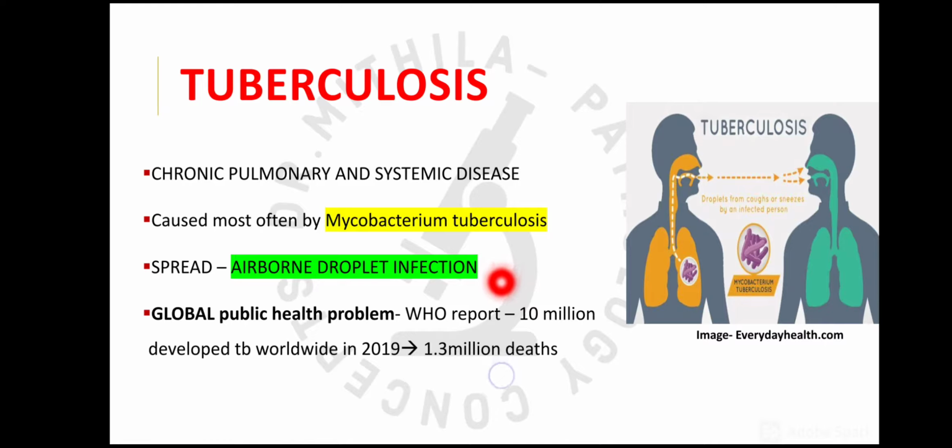So whenever a person coughs or sneezes or even speaks and saliva comes out of the mouth, the droplets can go into the respiratory tract of another healthy person and reach the lungs, and the disease can spread from one person to another. TB is a global public health problem, and according to a WHO report of 2019, about 10 million people developed the infection of TB. So it is one of the top causes of infectious death in humans. So this disease is of public health importance.